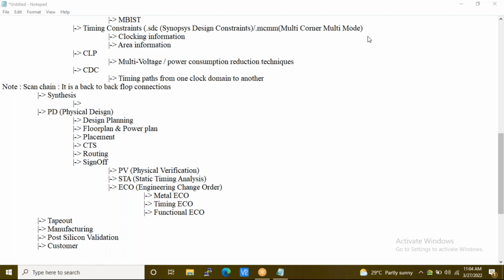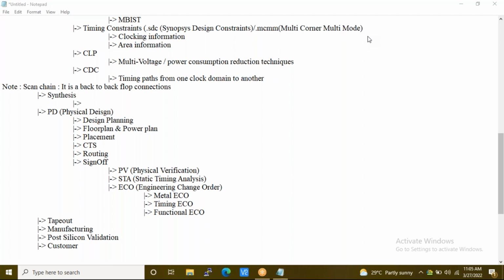The course fee is 45,000 plus tax. It will be for 6 months duration. This 6 months course will consist of 2 months of basic foundation course and 4 months of advanced course. So those who are already familiar with the basics, let's say someone who knows the Linux operating system, TCL scripting, CMOS, and digital design, can skip the 2 months of basic course and directly join the 4 months of advanced course.